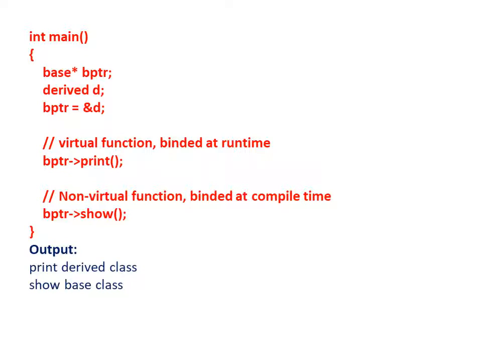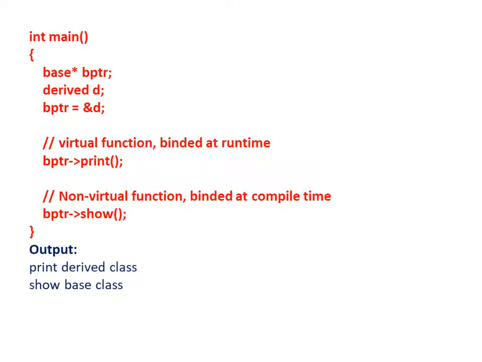But still, if I am going to call the functions of the classes by using this base pointer, the memory will be holding the functions, data members and member functions of the base class alone. So if I'm using this base pointer to call those functions, only the functions of the base class will be executed, and it is not going to call the derived class functions. I have told you earlier, in order to overcome this, we are using the virtual keyword.